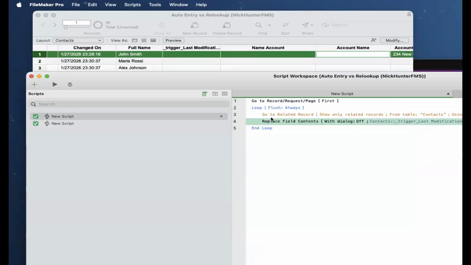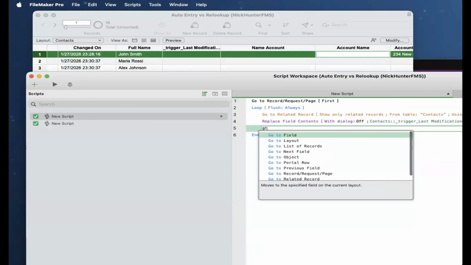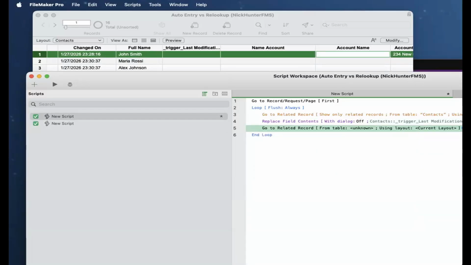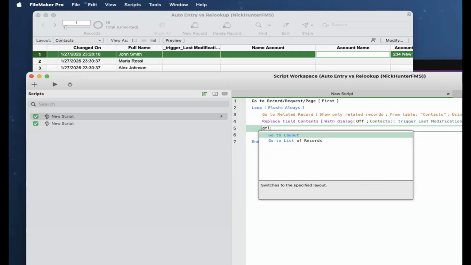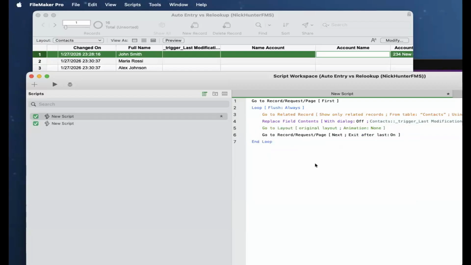Then, right, you say go to record next, and exit after last, right? But before, you need to say go to layouts original, right? Okay, so that's the script you need to do,